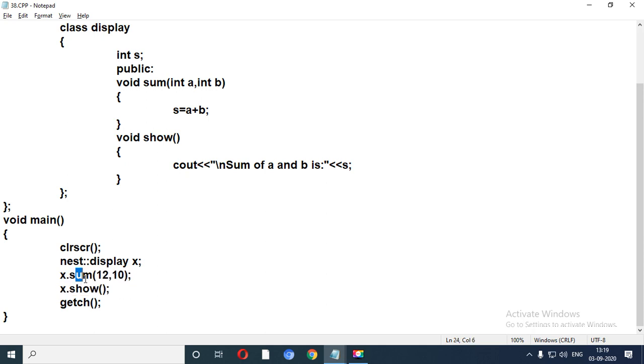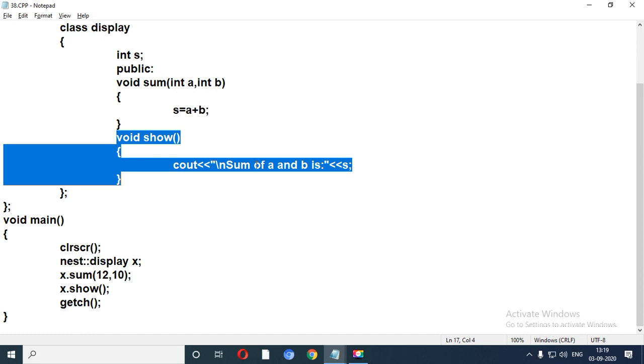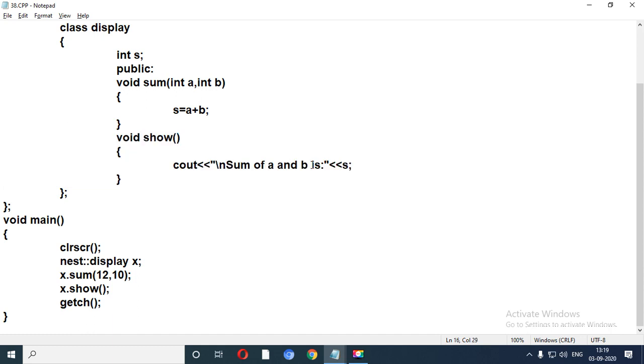With the sum function we have passed two integer values, so I have passed 12 and 10 from the void main, and based on the values it will print the sum of A and B on the screen. So this is all about our today's session.